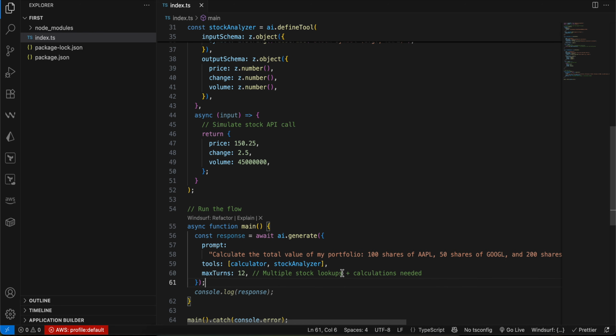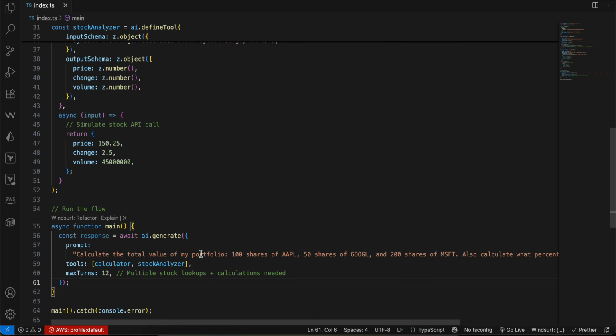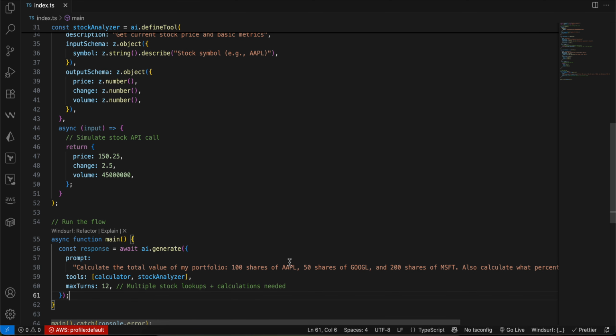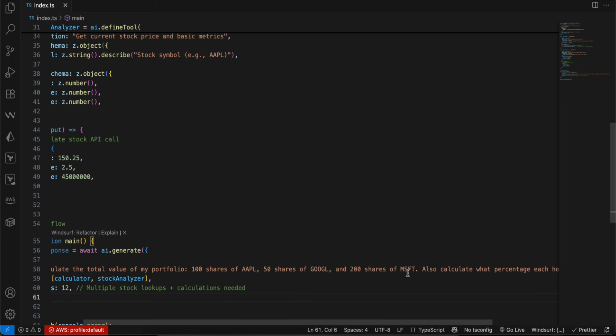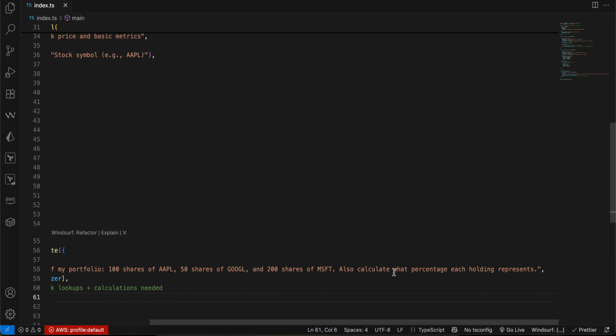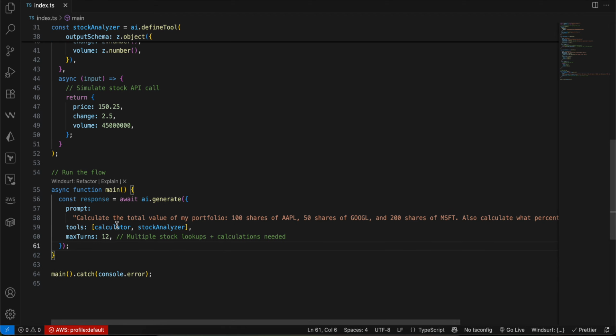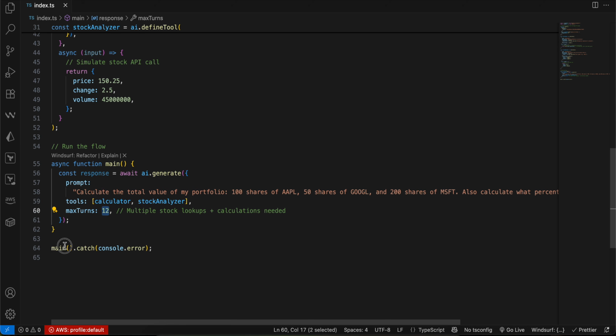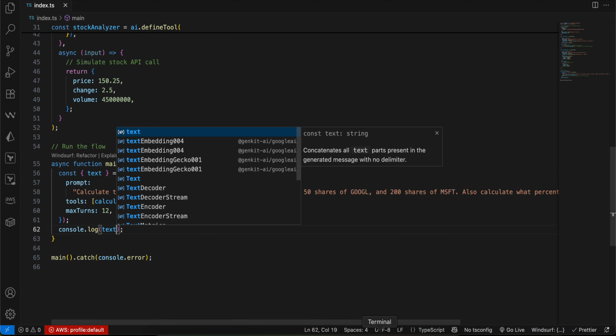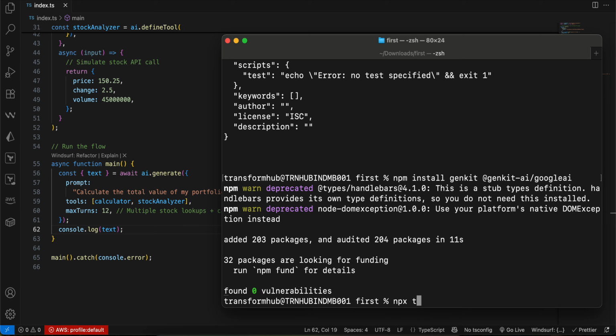Here we are just calling ai.generate: calculate the total value of my portfolio, 100 shares of AAPL, 50 shares of this, 200 shares of Microsoft. Also calculate what percentage each holding represents. So it basically will call this calculator as well as the stock analyzer tools. For this the max is 12. And here we are just calling the main function. That's all. If you want, you can print out the response as well. I think we can just get the text over here, because that's the important part. And you can just run it using npx tsx